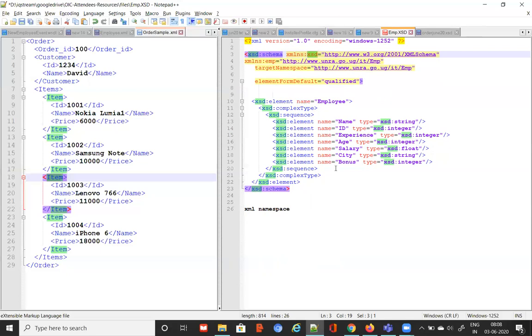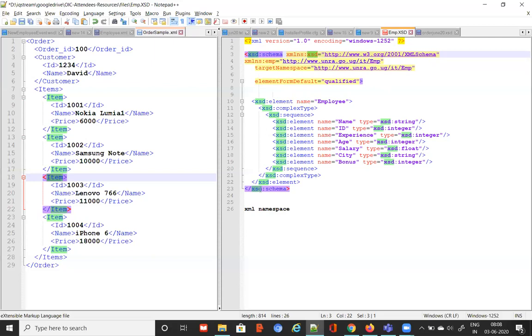So this XSD is going to refer to that XSD namespace, and for the elements coming from that XSD, I'll be using a prefix XSD in my document. Any elements which are coming from that XSD will be referred to in this document using the prefix XSD.